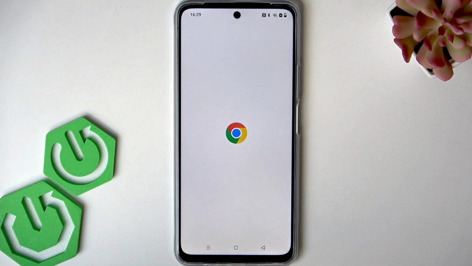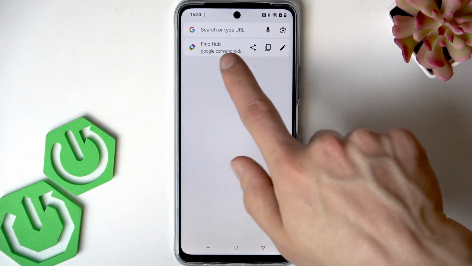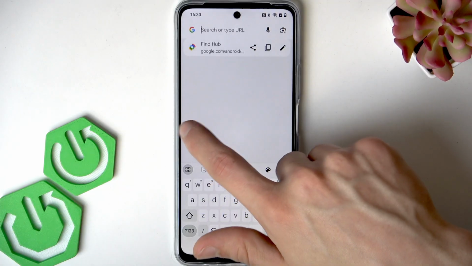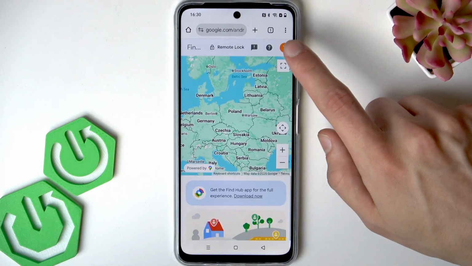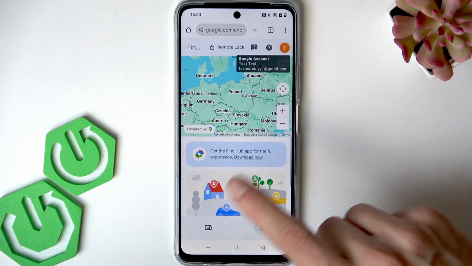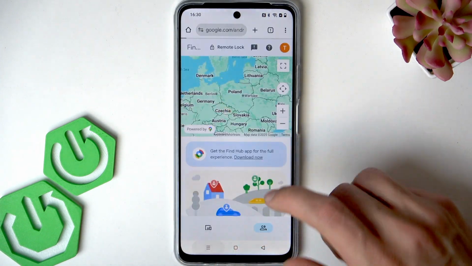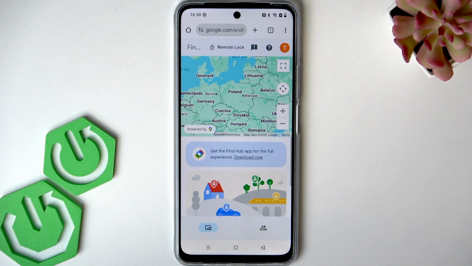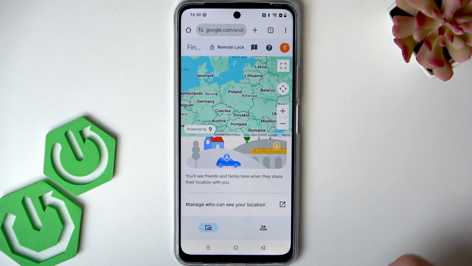So just open any web browser and search for the Find Hub website by Google, and once you find it, enter it. Then after that, you're gonna have to sign into your Google account that is linked with your REALME, and open the devices list by tapping right here or by going to devices on your PC. Now then just find your device on the list of devices and select